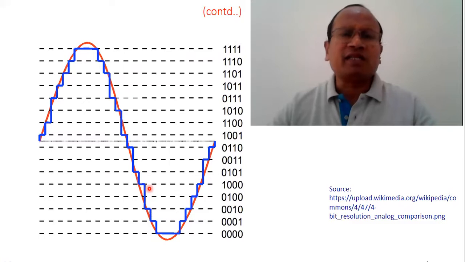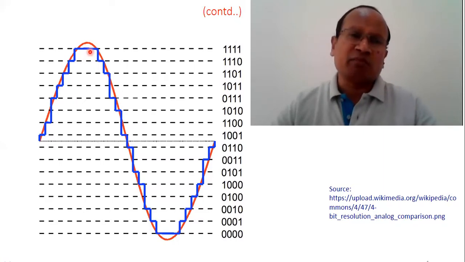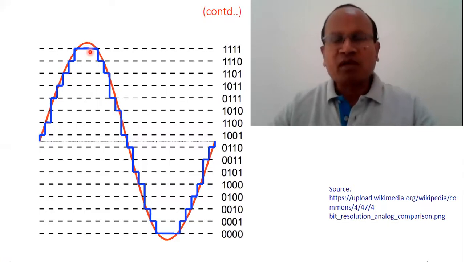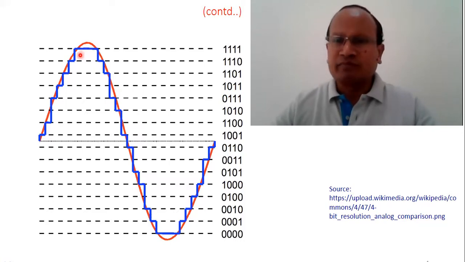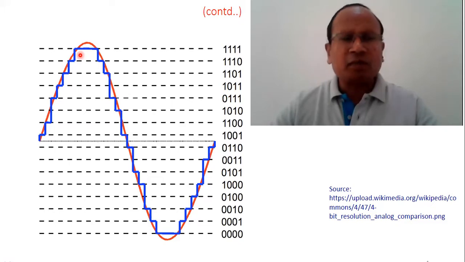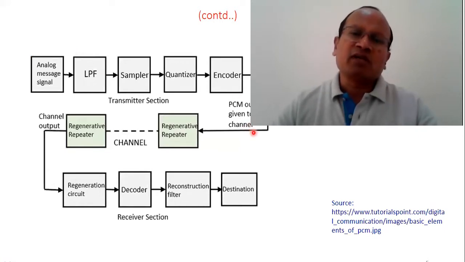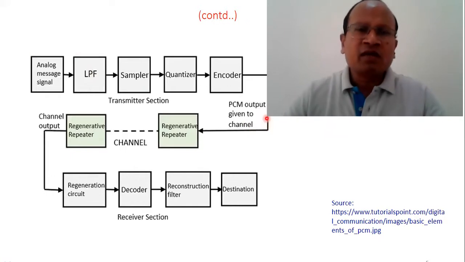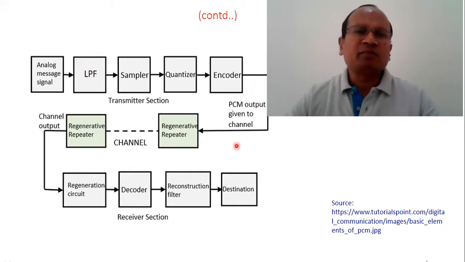We can also find that sometimes there are two adjacent samples with only a very slight difference between them. And we know that when we encode both samples, the digital stream is almost the same. But unnecessarily, both the pulses are quantized and encoded. So there is some amount of data redundancy involved in PCM, and this problem is addressed by the next modulation method called DPCM. But before we go to DPCM, let us see the block diagram of PCM.